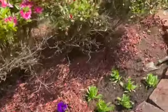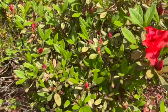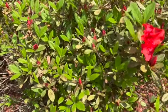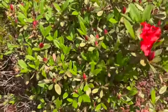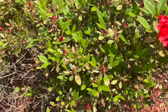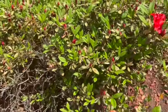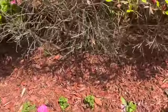They're starting to come into bloom right here. If I'm not mistaken, I didn't buy it, it was here, but it was like Autumn Fire, and I'm pretty sure these are the Encore azaleas because, like I've shared with you before, they bloom multiple times, and some of the old school azaleas that I'm used to just bloom in the spring and give you a beautiful show and that's it. But I know last year when we moved here, they bloomed at least twice. And I do need to work on whatever is going on within the leaves, but we will work on that a little bit later. So where the Autumn or the coral color blooms are coming in,